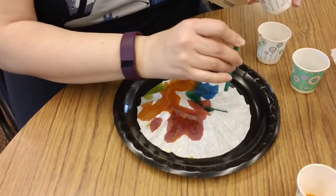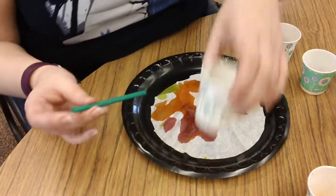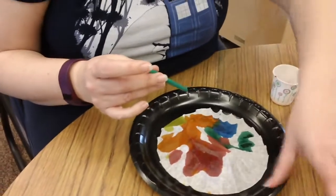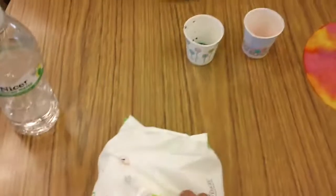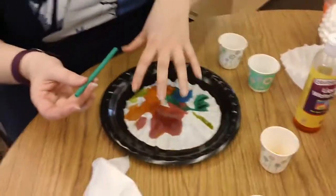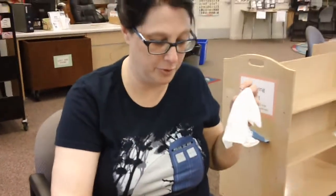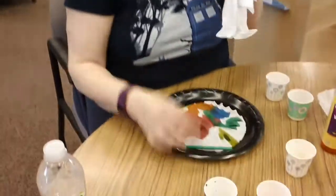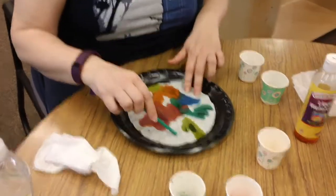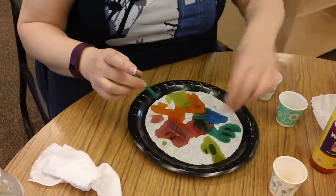Just make sure they don't pour it on. Because I do remember the last time we did this, I was helping out with a first grade class, yeah, we have white still here, and there was a pool of color on their tinfoil, so you don't want them to use that. And you can also spread it out and make